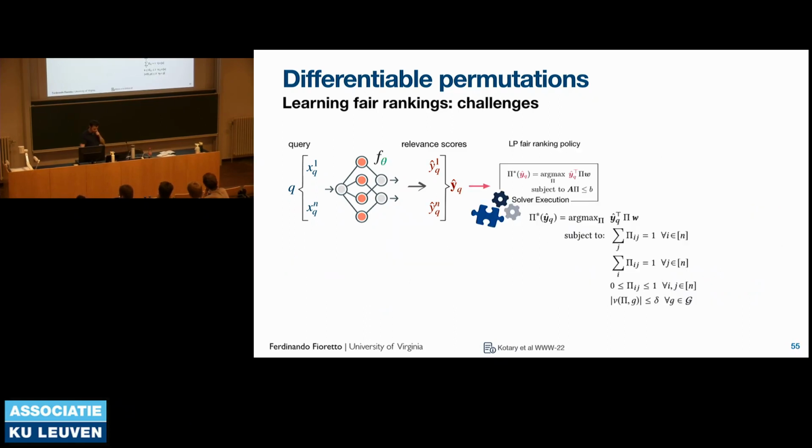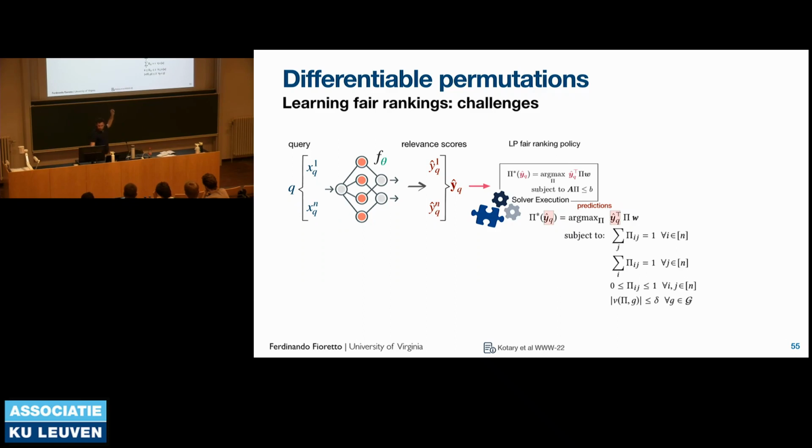So here is an idea that you can exploit. After you predict those relevance scores, the y-hat, what you could do is build a program like this. Remember, we want to construct a policy from which we want to sample. And so what we're doing here is building a linear program, which finds matrices, phi, and optimizes the discounted cumulative gain, which is a metric that we're using in learning to rank, okay?